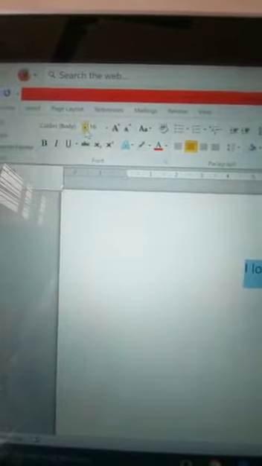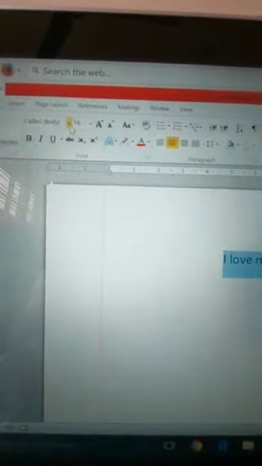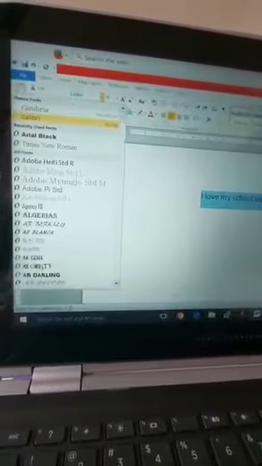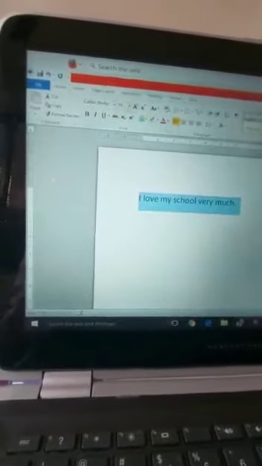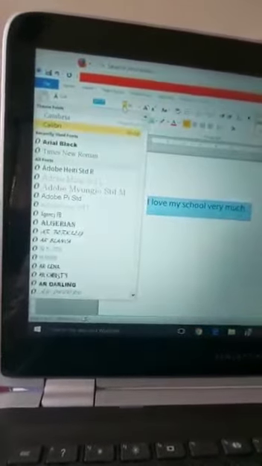Can you see? Already it is Home. When you press on Home, you will get all these font groups. In the font group, let us change the style in which the text appears. See here, I'll open a drop down box. After I change here, this word also will have certain changes. So let me change the font style.